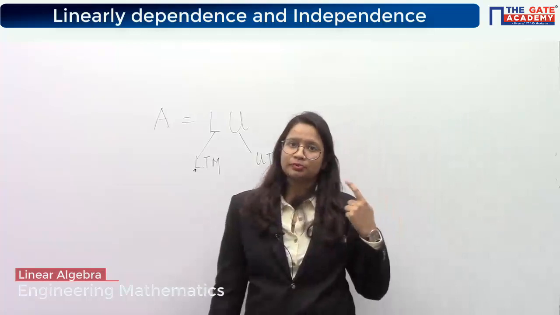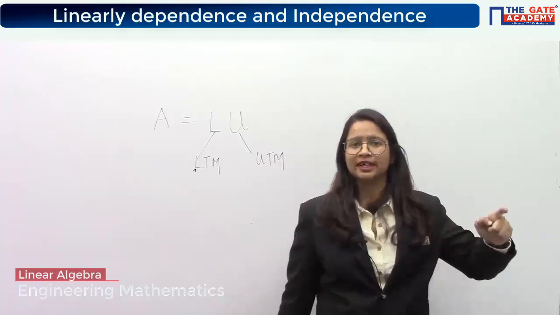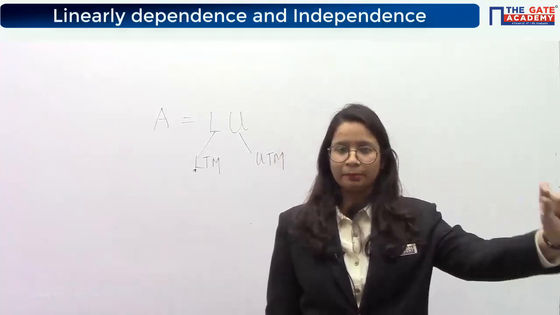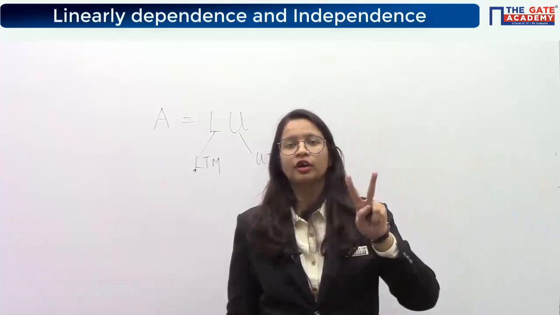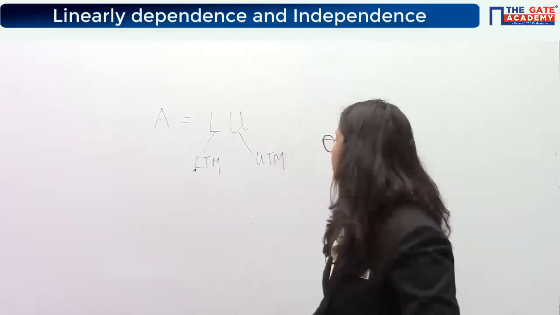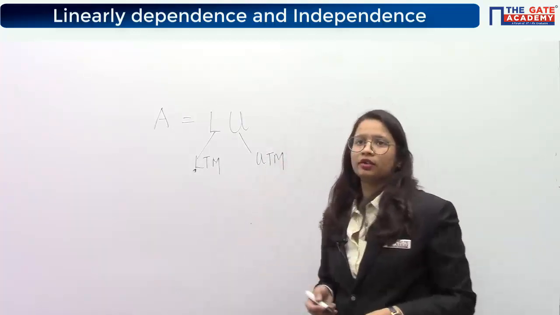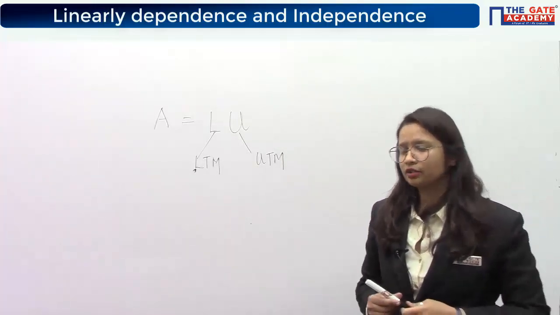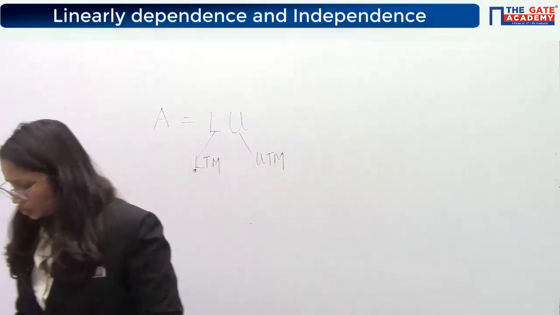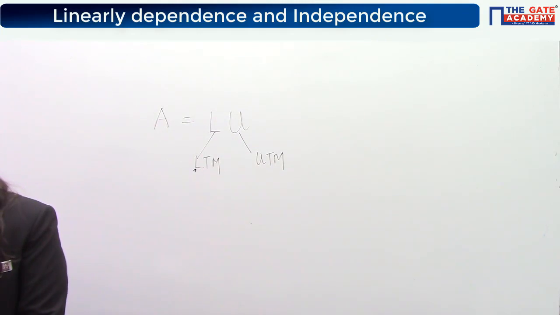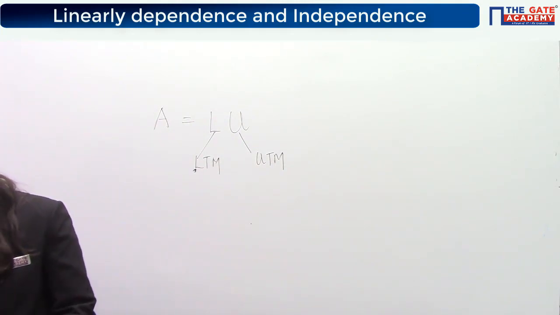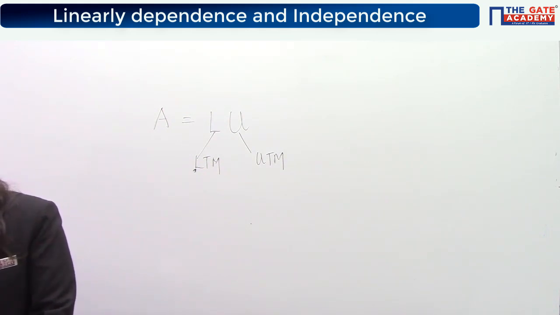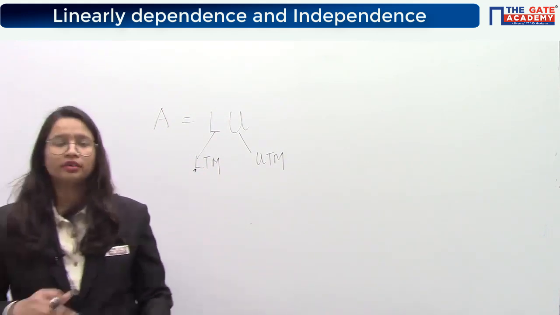This process is basically decomposing a particular matrix into the product of two triangular matrices, a lower triangular matrix and an upper triangular matrix. This is what we will be trying to do here. Okay, so now how to do this? For that I'll take an example directly, which was a GATE question. It was asked in CS paper 2015.